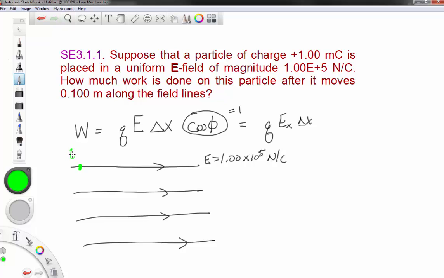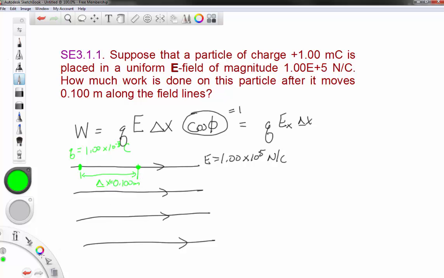It has charge Q equal to 1 millicoulomb, so that's 1 times 10 to the minus 3 coulombs. And it's basically being displaced from here to here. So it's moved right along this field line. This distance, delta x,